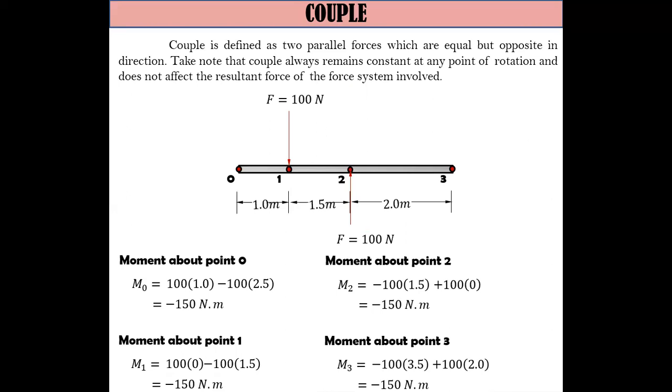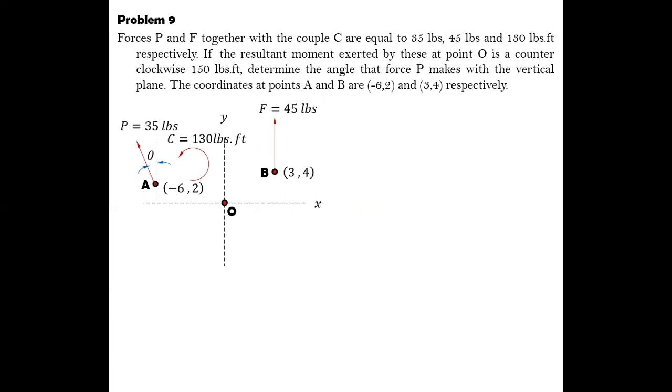Now for appreciation, let us try to solve problem number 9. Forces P and F together with a couple C are equal to 35 pounds, 45 pounds, and 130 pounds feet respectively. If the resultant moment exerted by these at point O is a counterclockwise 150 pounds feet, determine the angle that force P makes with the vertical plane. The coordinates at point A and B are negative 6.2 and